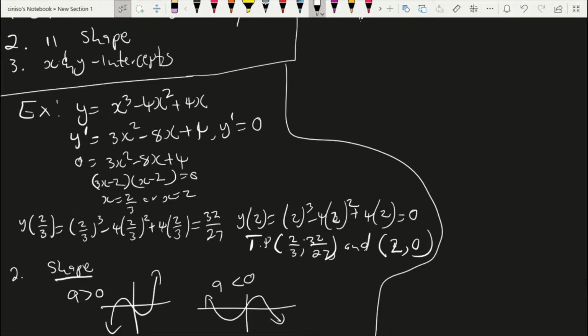So in this case, if we check here, the a of our cubic function is 1. So our a equals 1. Therefore, our function is an increase, decrease, increase. So we know that our function will look like this. So that's the second step. Then the third step